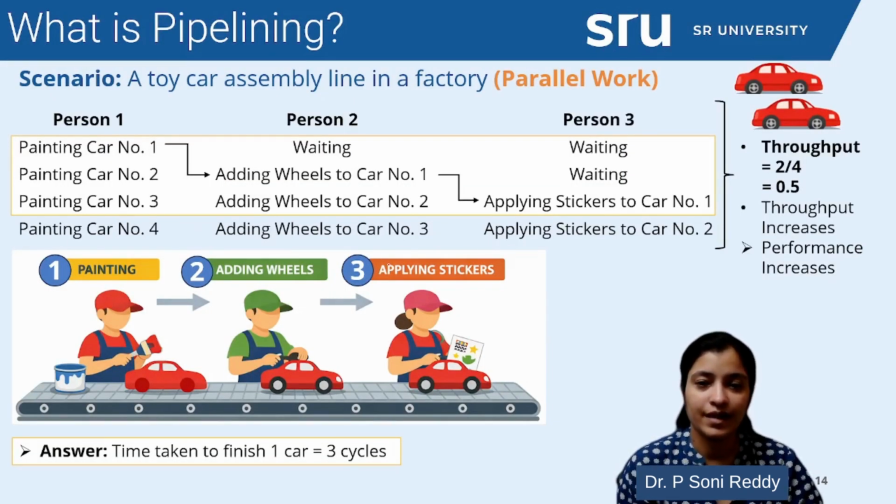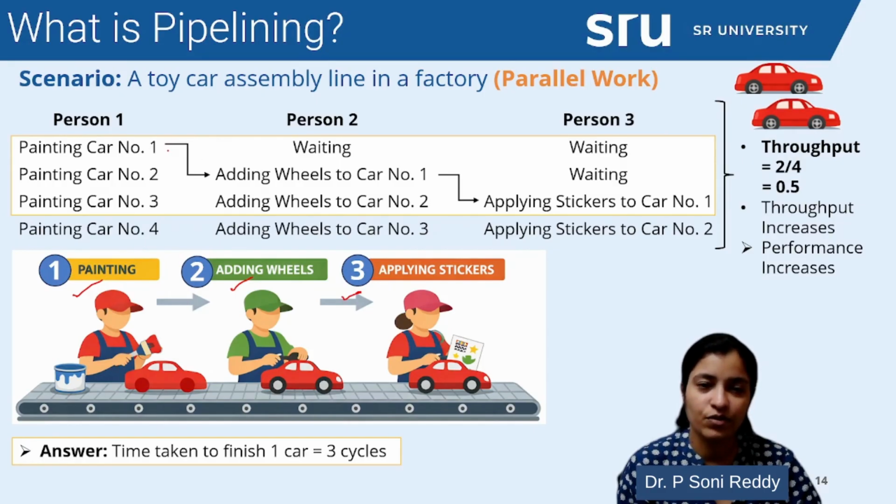Now, this is the example that we studied in our previous lecture, and we understood how in this assembly lineup in the factory setup, where we are doing the production of toy cars, each step is overlapped for doing parallel execution. That means from painting to adding wheels to applying stickers, each step is subdivided into unique steps, each unique task is for each step, and they are not overlapping with each other. Each step then can be overlapped in terms of time.